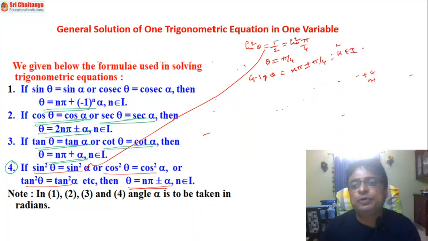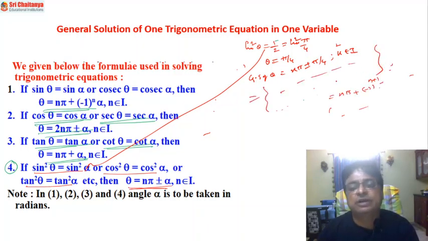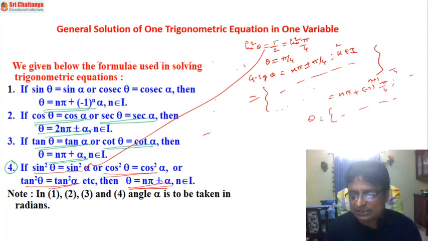So here what to do? If you substitute n as an integer and collect all the values of theta, the same values of theta you can also get in the previous method. Which method becomes very simple for you? This is relatively easy. So whenever this kind of situation arises, better you write your general solution as theta is equal to n pi plus or minus alpha.